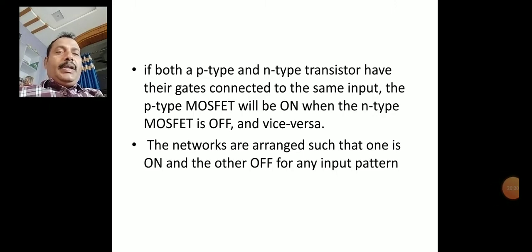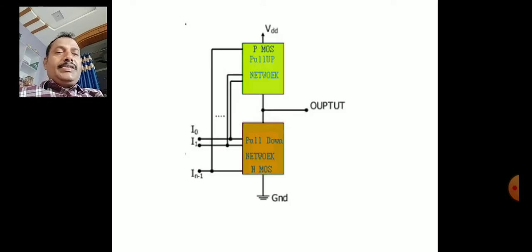Both the P and N type transistors have their gates connected to the same input. If one is on, the other one is off. So this is the general diagram of a CMOS